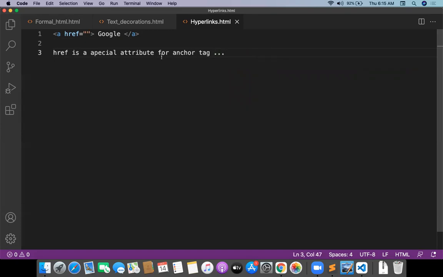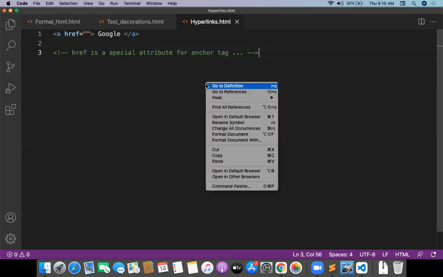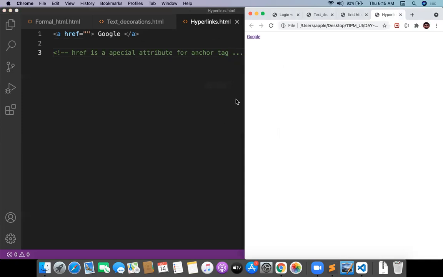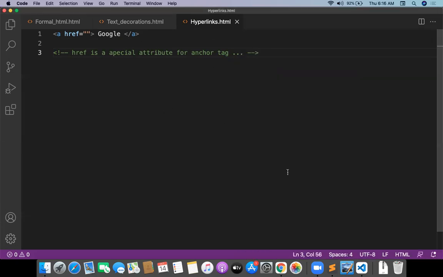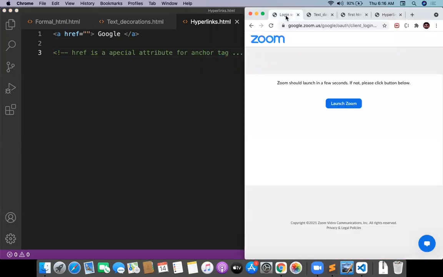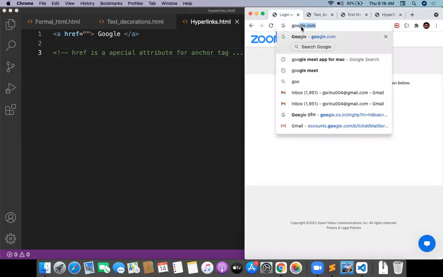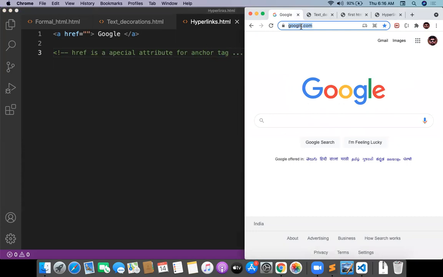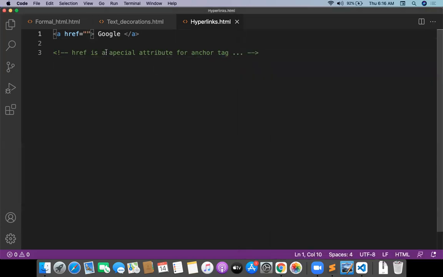Okay, so that's it. I just want to render. But if I render, when I click on Google, it should connect with the Google page, but it is not connecting. What is the problem? The problem is I'm not having any Google-related link. Let me connect with google.com. See, copy the link of Google and paste it in the value of the href.